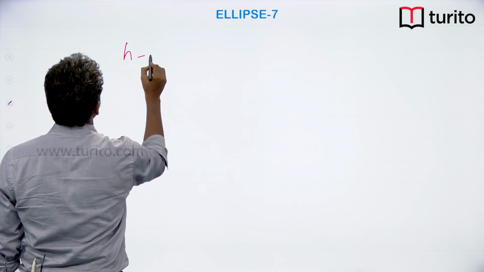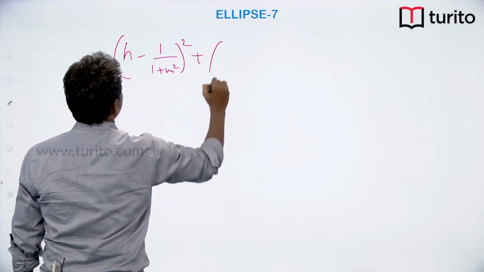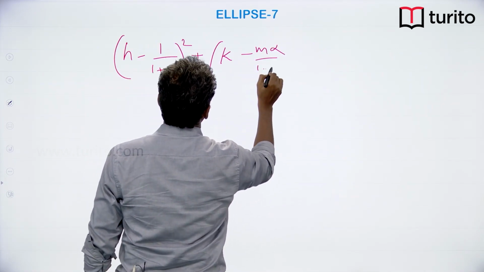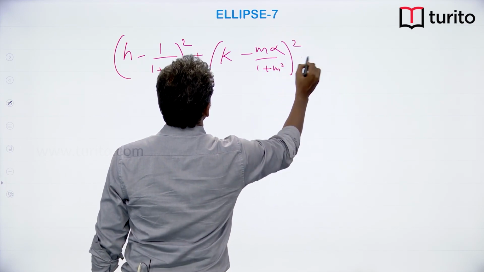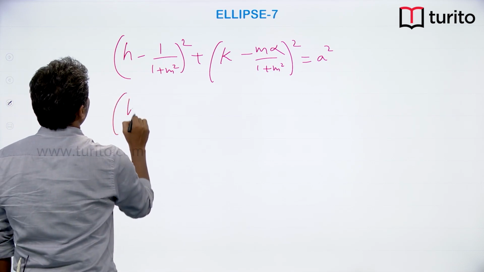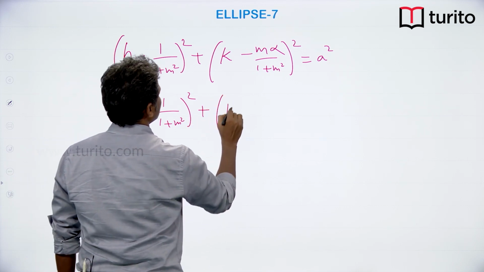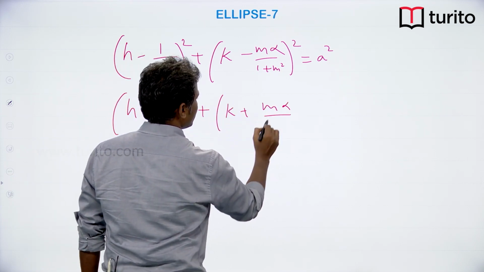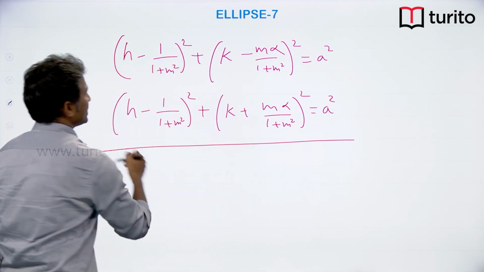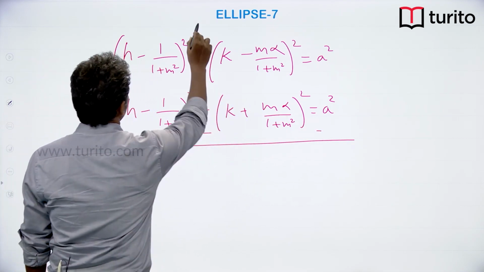I get two equations. h minus 1 by 1 plus m square whole square plus k minus m alpha by 1 plus m square whole square must be equal to a square, and similarly h minus 1 by 1 plus m square whole square plus k plus m alpha by 1 plus m square whole square must be a square. Now, when I subtract one from the other, see what is happening, these two terms get cancelled